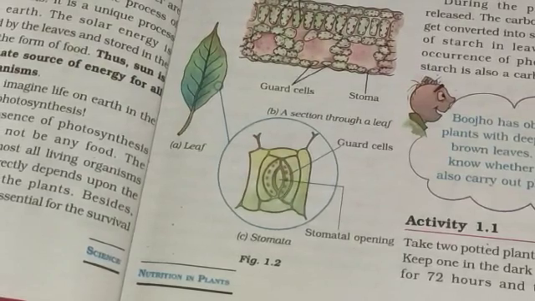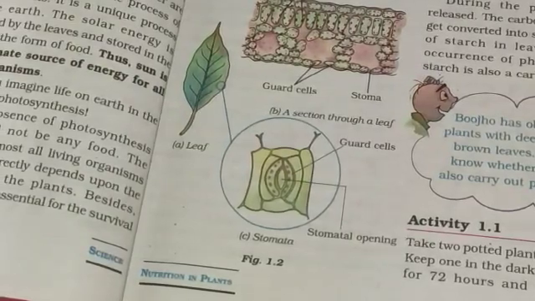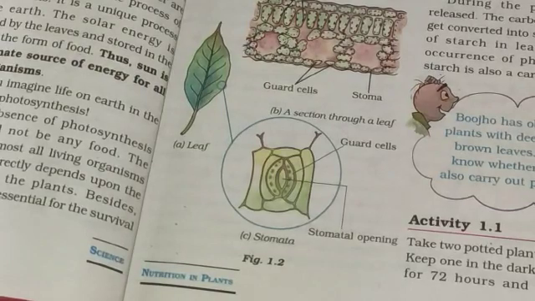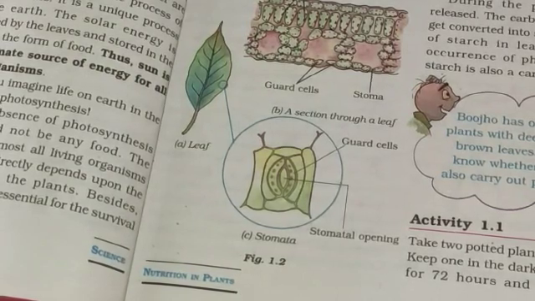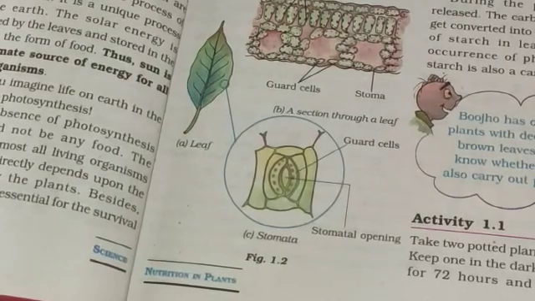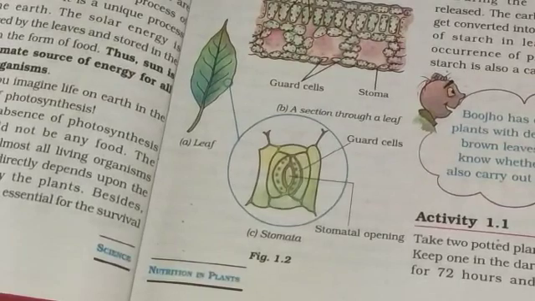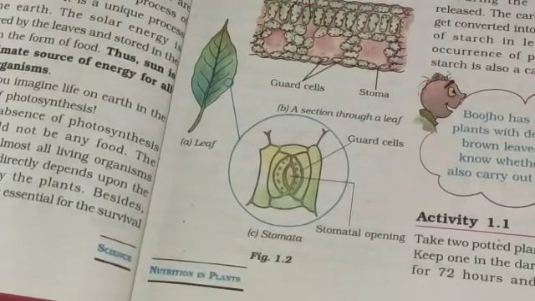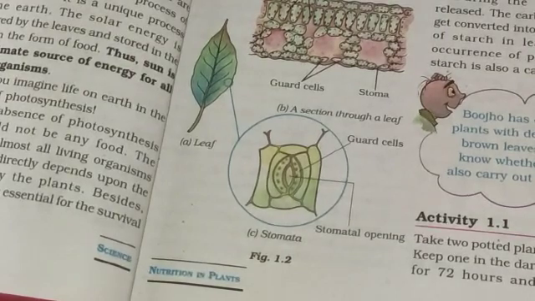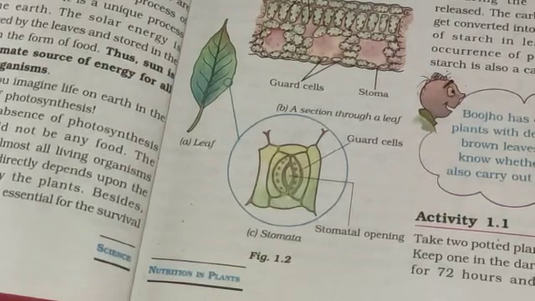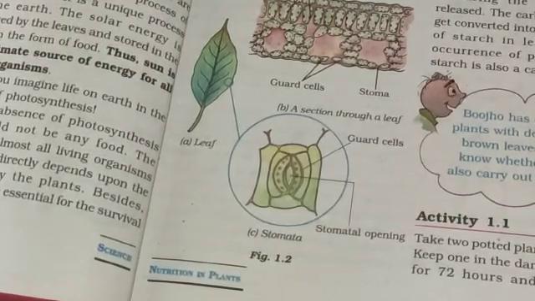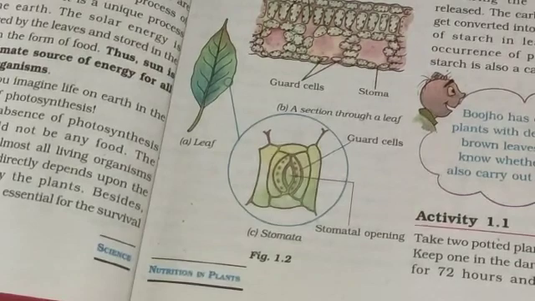The carbohydrate is the ultimate product we get from photosynthesis, and that is converted into starch. If you want to find out whether leaves have starch or not, or if you want to prove that leaves produce starch, then we need to do the iodine test. Starch is also a form of carbohydrate.